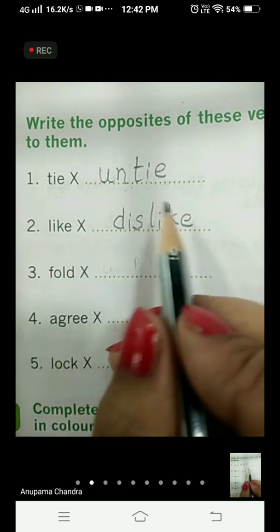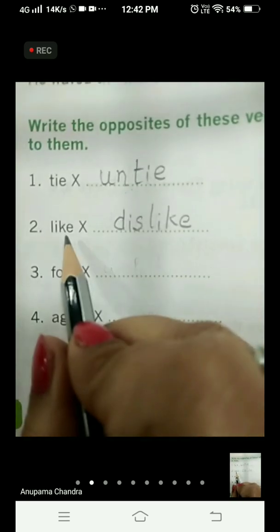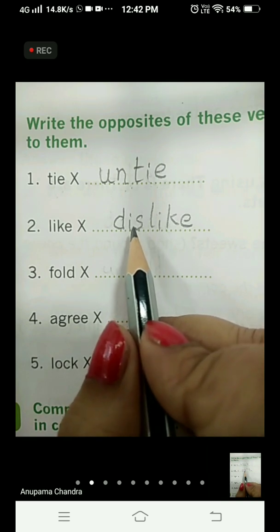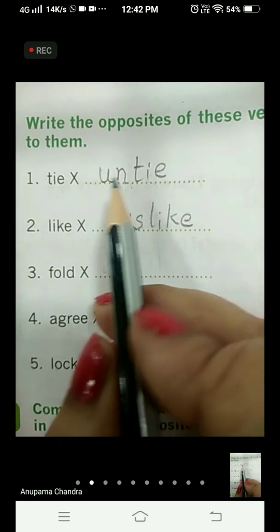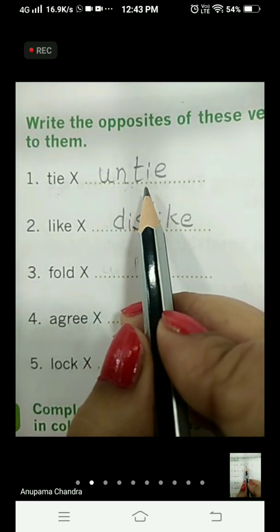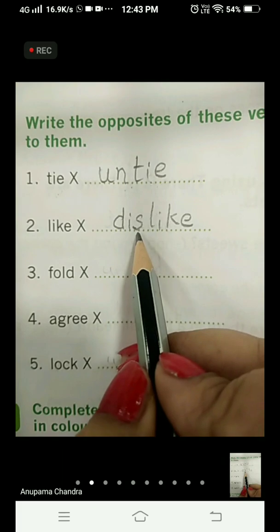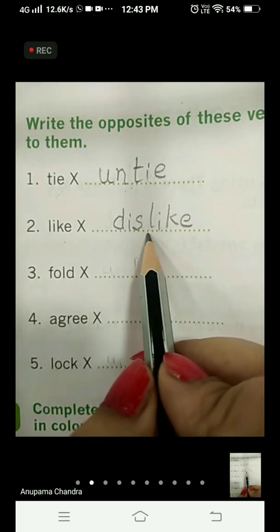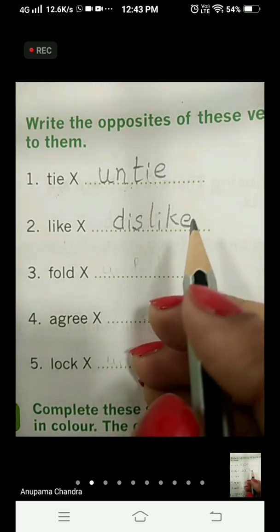Then like becomes dislike. First we have used UN, that is tie, untie. In the second word we are using DIS to make the antonym, like, dislike. Okay? Let's see the third one.